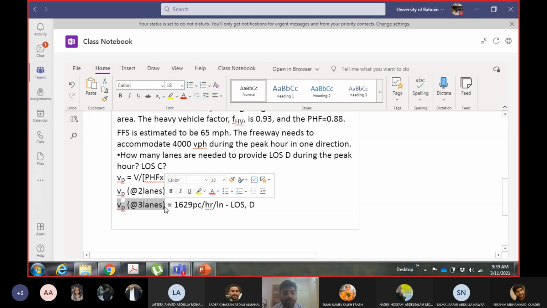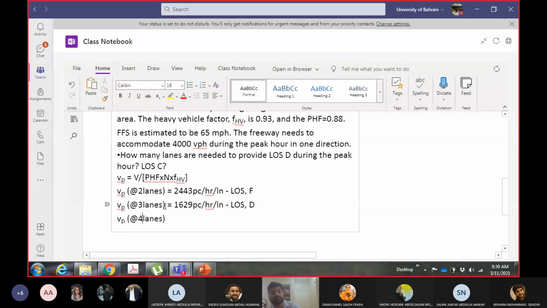Then can I get level of service C if I give 4 lanes? Because I told you earlier, level of service is a step function. It is not necessary that you increase the number of lanes by 1 and the level of service increases by 1 as well. So we need to check. Without checking, maybe we achieve level of service C, or better than that, or maybe we still achieve level of service D. So tell me. 1221.